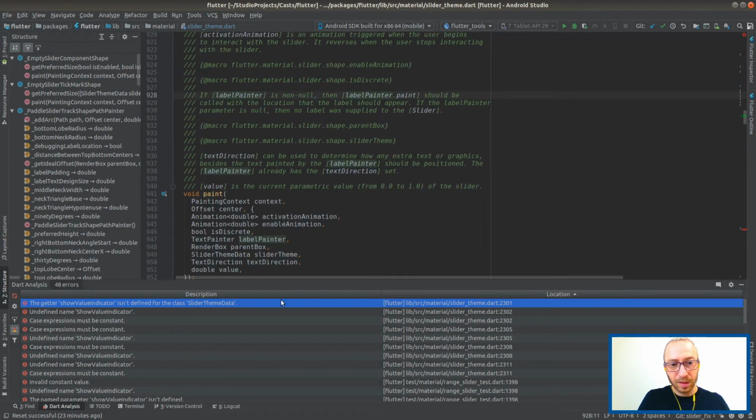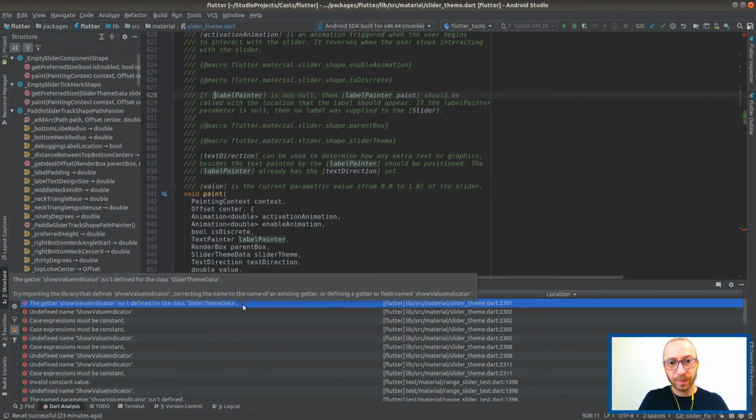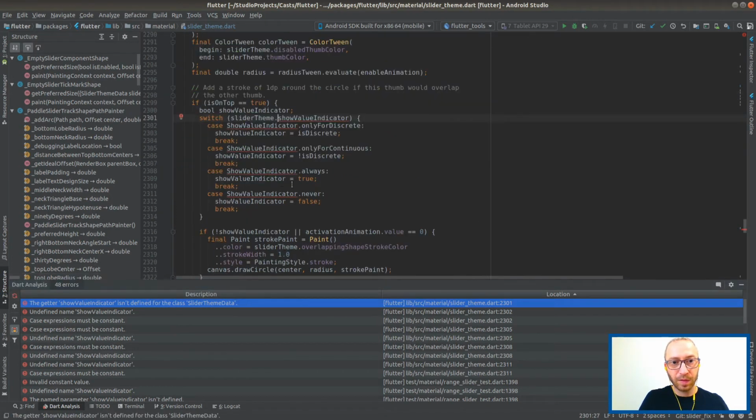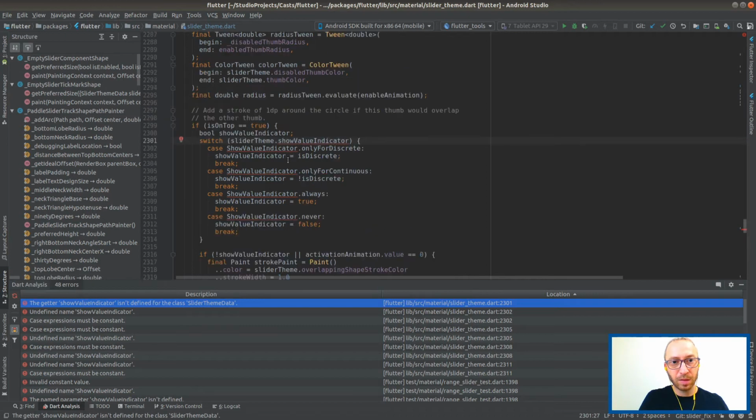I think this is actually the label of the value indicator.